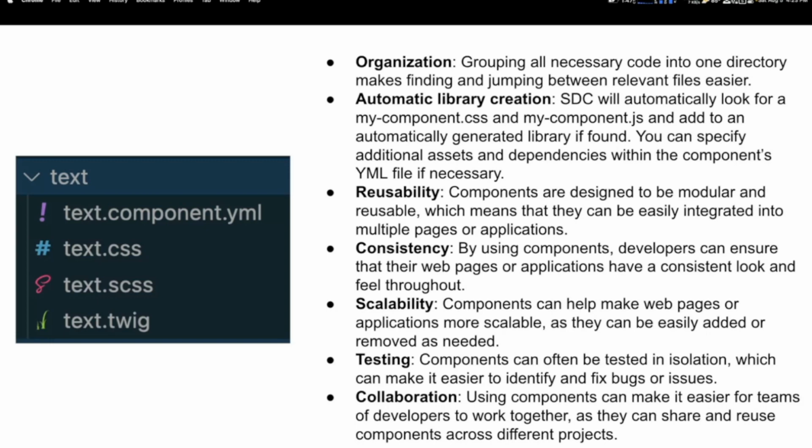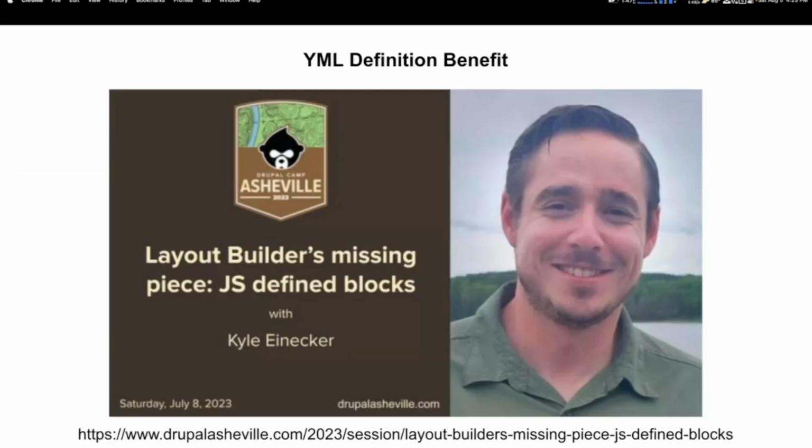One of the other things is that because of the component.yaml file, it allows you to actually define fields for you. In Layout Builder, you can actually define what fields you're going to have in the component.yaml file. You don't have to go through the fields UI to build it. And this is a really good talk. I always want to call him Justin, but that's not his name.